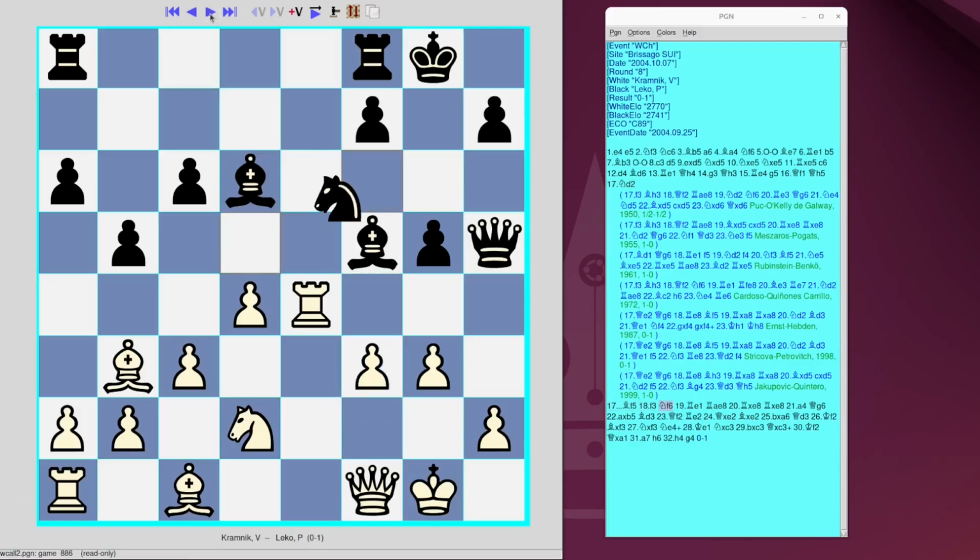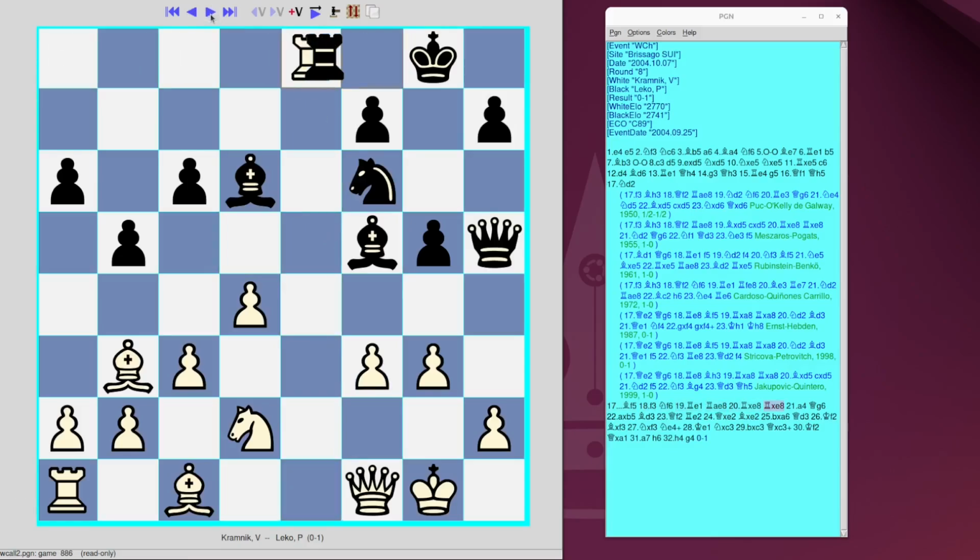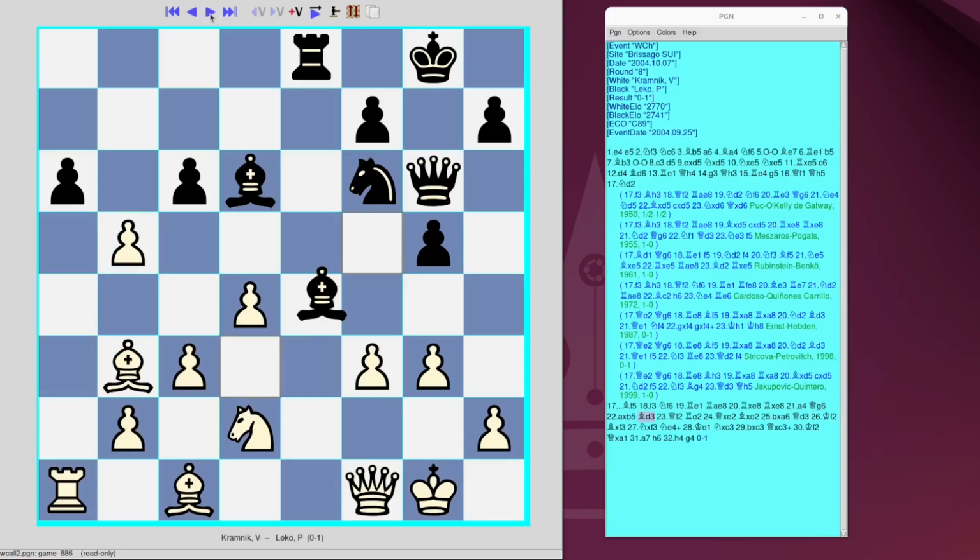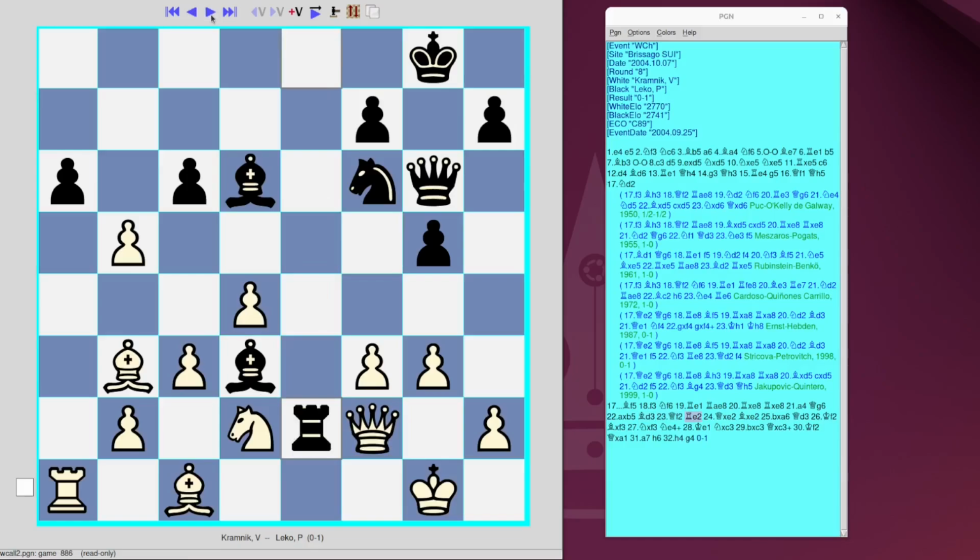f3 now. Knight f6, rook e1, rook e8, exchange a pair of rooks. a4 could break down the queenside, queen g6, d3. Now this is where there was the story about Leko having gone one move deeper in the analysis. Queen d1 should be played, queen e2 was played, rook e2, and then